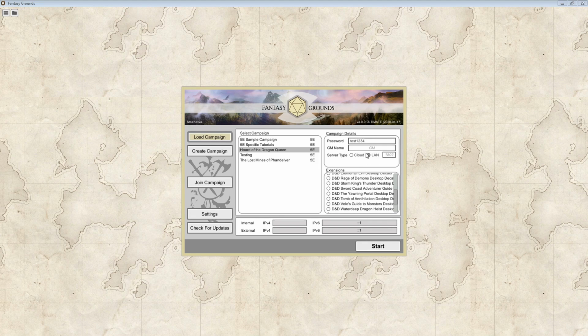If you have that experience, you're familiar with it, you've done it, you've used Fantasy Grounds for years, and you've had to do it for years, there's no reason why you have to change. This just simplifies the ability for players to get connected to your environment or to your campaign. And really, it just opens up the ability for other people who are not necessarily familiar with networking technologies or terminologies to still use Fantasy Grounds and enjoy a game, and be able to host it too. So that's literally where the cloud feature comes into play, and I want to thank Smiteworks for being able to add that functionality,